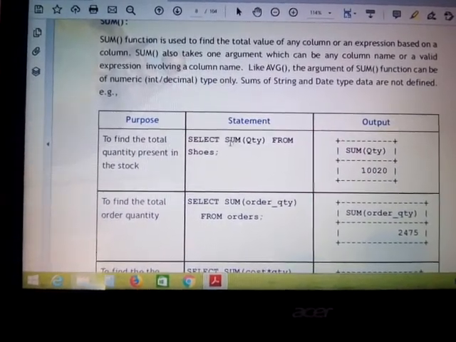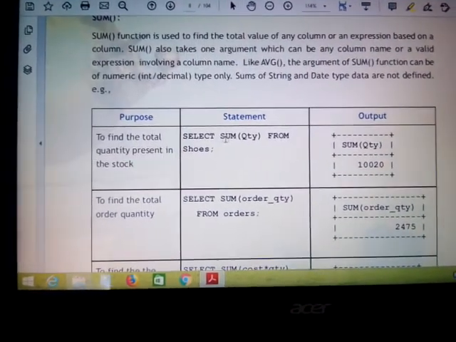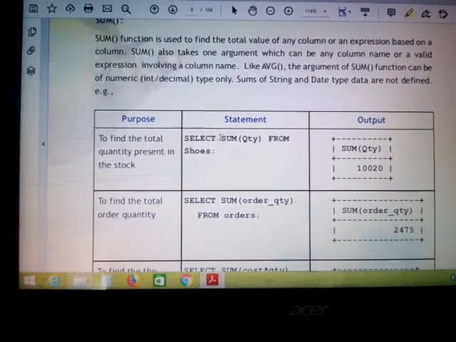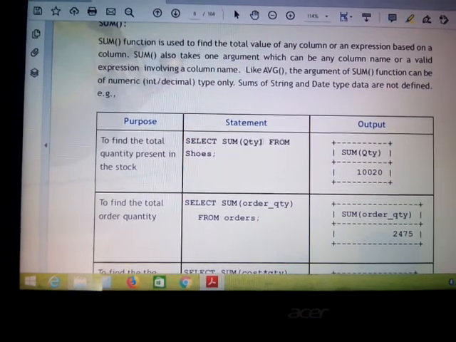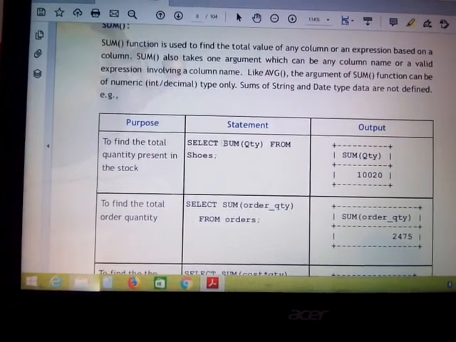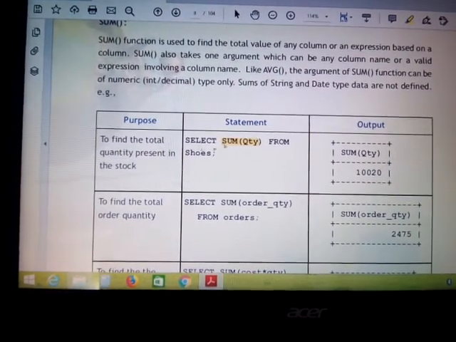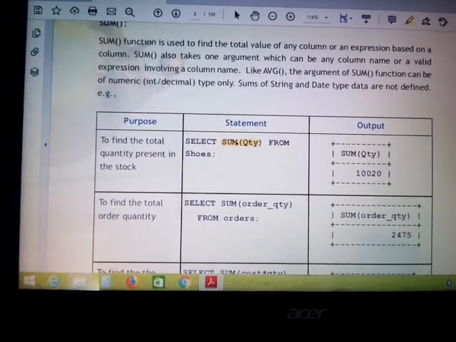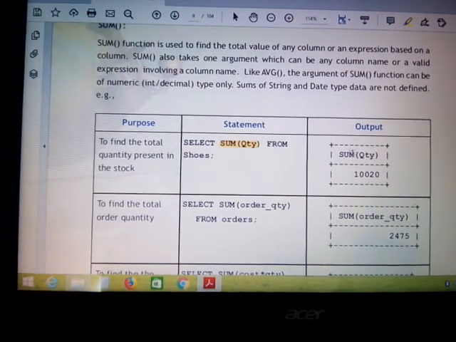Okay, now see, once I told you all that whatever is written after select is displayed in the output. Here, what is written is sum, and in brackets qty. Getting me? See what is written here, sum and then qty. So whatever is written after select is just displayed onto the output.